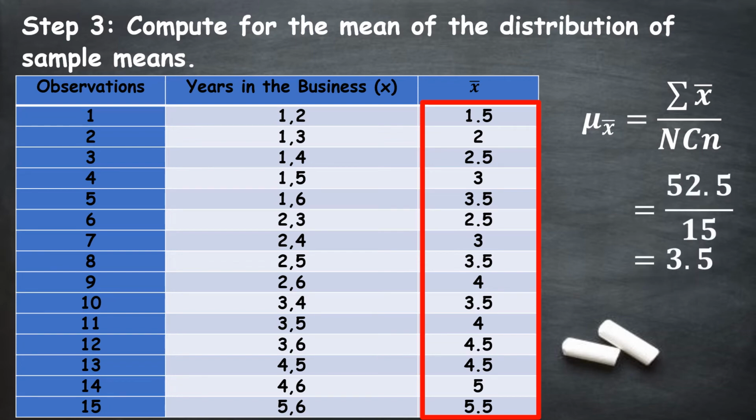And then we just divide 52.5 by 15, since 15 is the number of observations, and the answer is 3.5. Our sample mean is 3.5. And if you can remember, the population mean that we got is also 3.5. So there are some cases that the population mean and the sample mean are the same. But sometimes, or rarely naman,